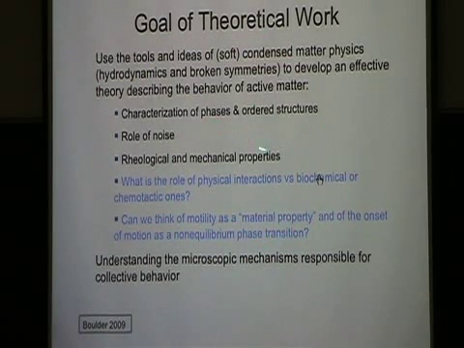And the second thing, so the first thing is to develop this sort of coarse-grained theory and use it to try to understand this. But of course, we also would like to understand the microscopic mechanisms that are responsible for the large-scale behavior. And that's where it would be important to try to derive the microscopic theory from a specific microscopic model and try to bridge the gap between these two.